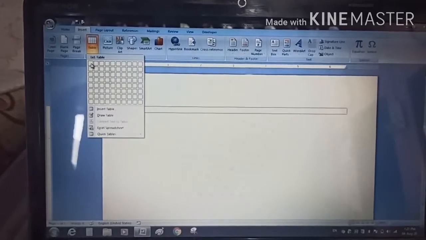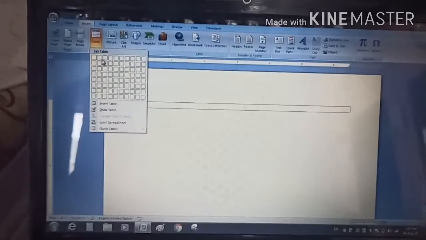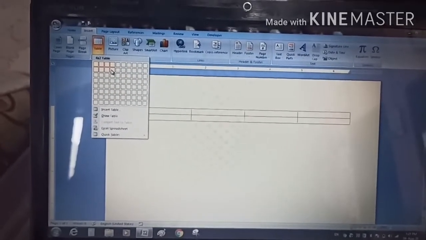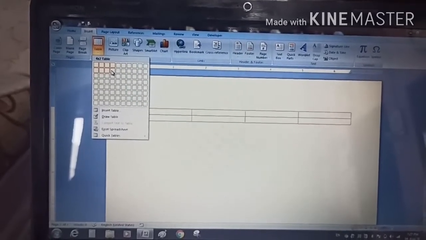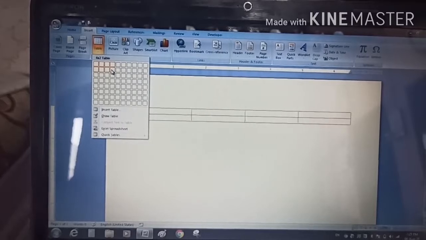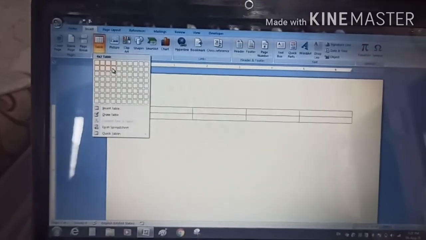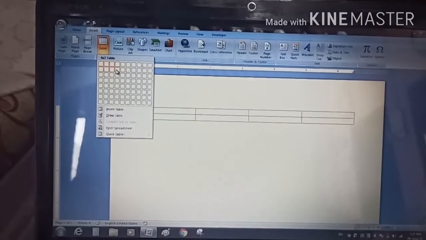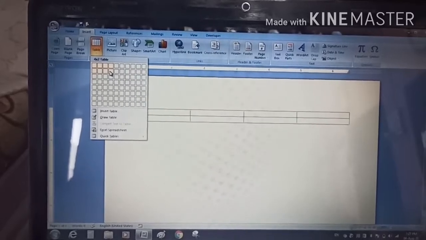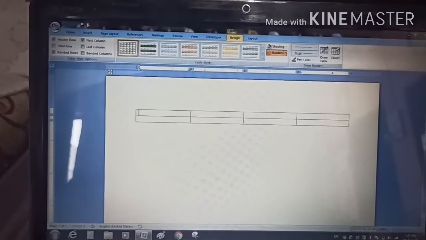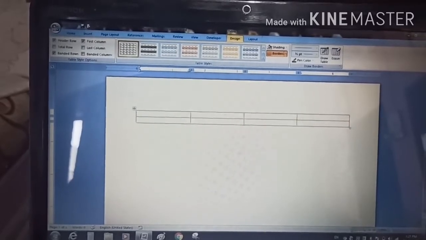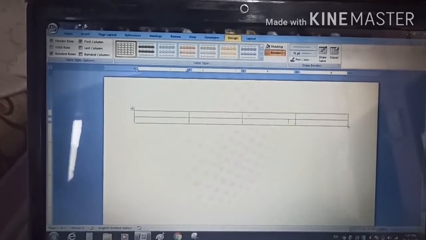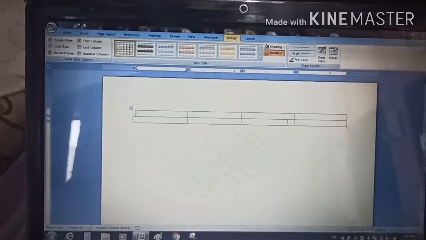Just drag your mouse over the cells, and from here select the number of columns and number of rows. For example, here I am going to insert a table of 4 columns and 2 rows. So click here, and a table of 4 columns and 2 rows will get inserted.